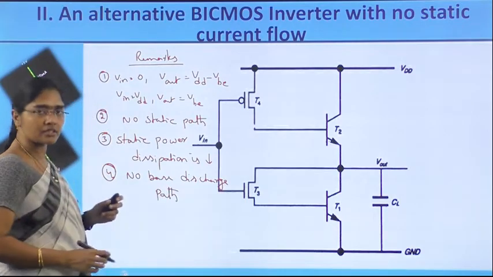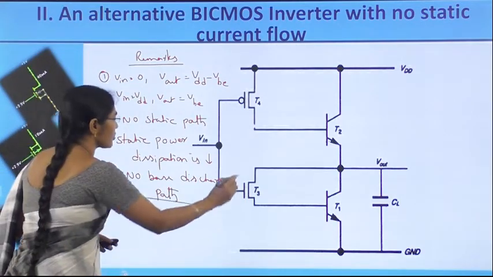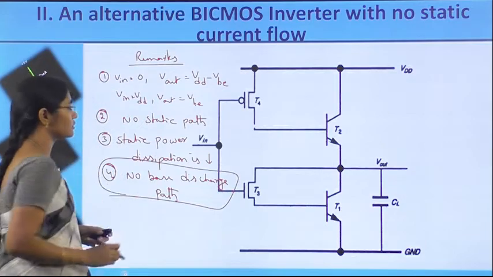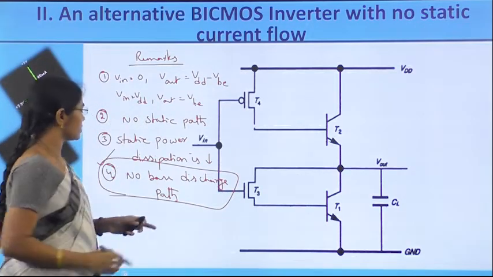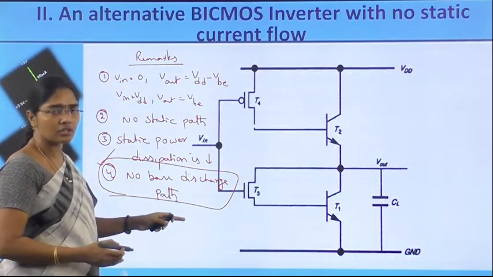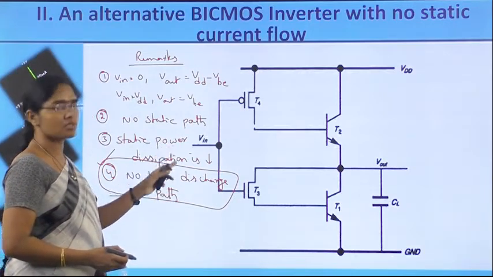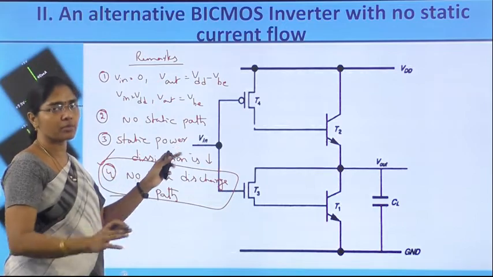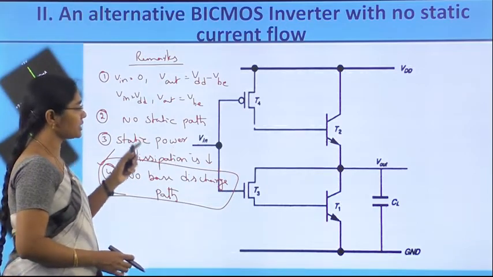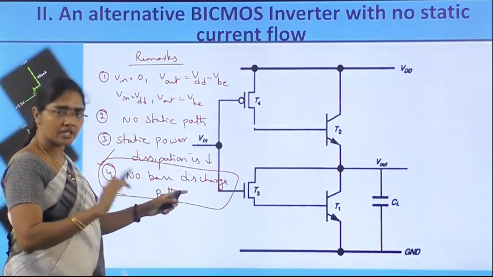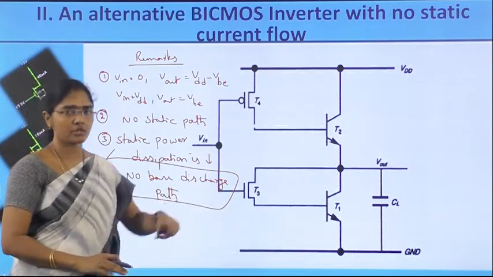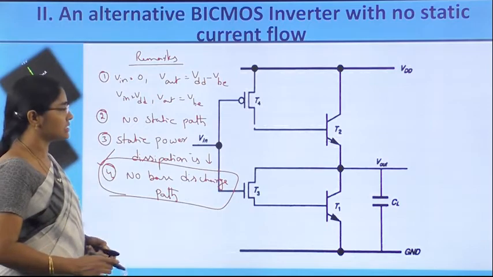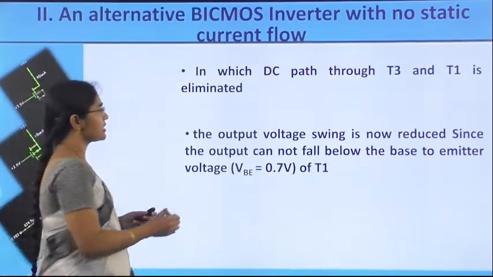It is still continuing. This is the problem of this circuit. Now, we are going to see the improved version to have a base discharge path along with no static path. No static path and a base discharge path have to be used. So, the improved version compared to this, we are going to see as the third circuit. The remarks of the second circuit are